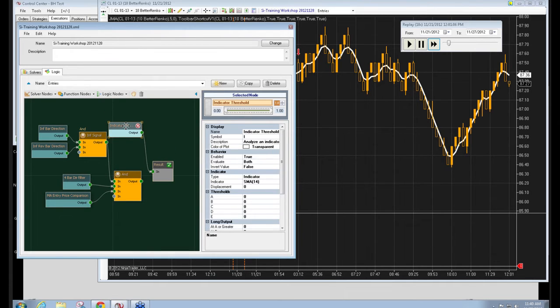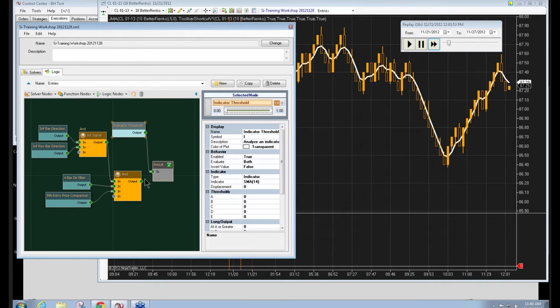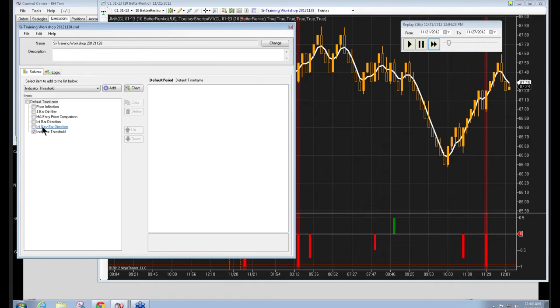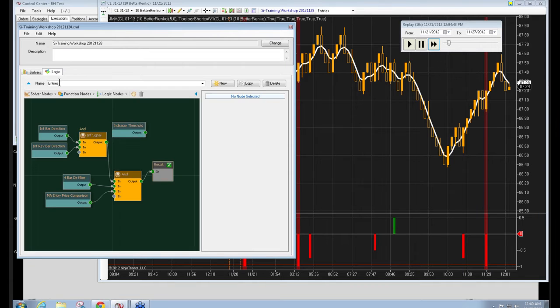So that's how you can isolate just one solver's condition once you start using a logic tab. There's really no way around that anymore. You would have to delete all of your logic boards, or all of your logic templates,